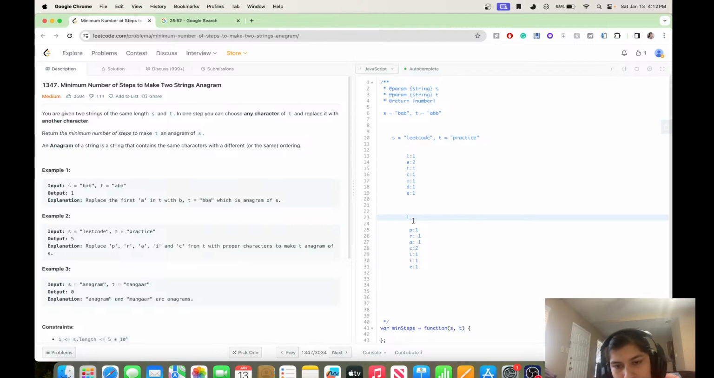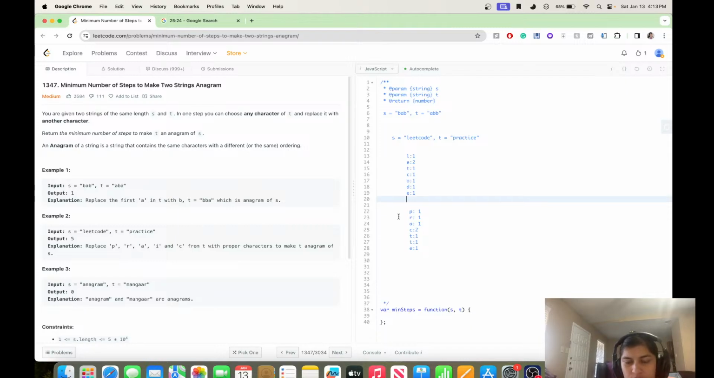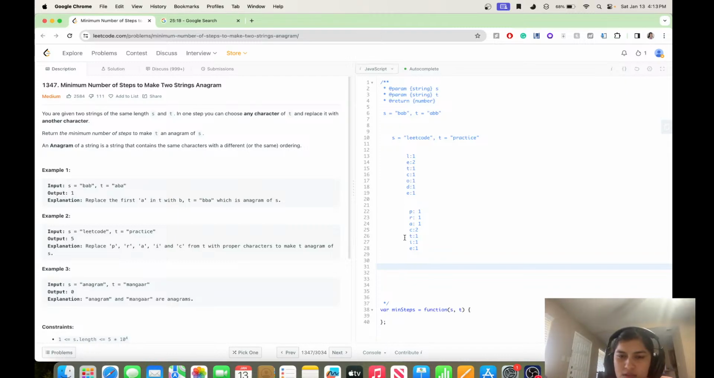So I need one L, right? So I can see that there is no L here, but which character to replace with? That is the question. Since there is no L here, it is for sure that I need to replace one character, right? What I'm trying to figure out here is, I know how many of each character are here, but what I'm trying to figure out is